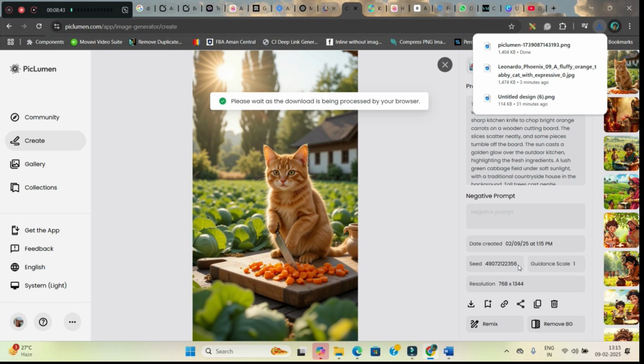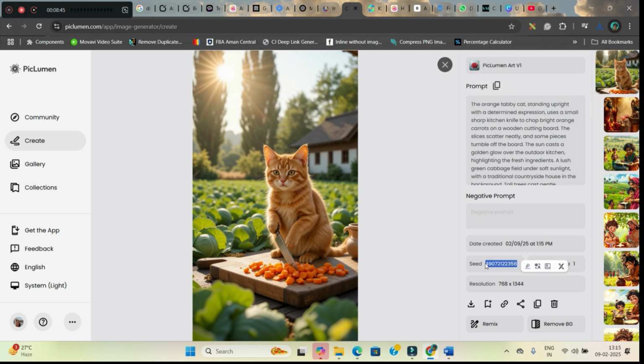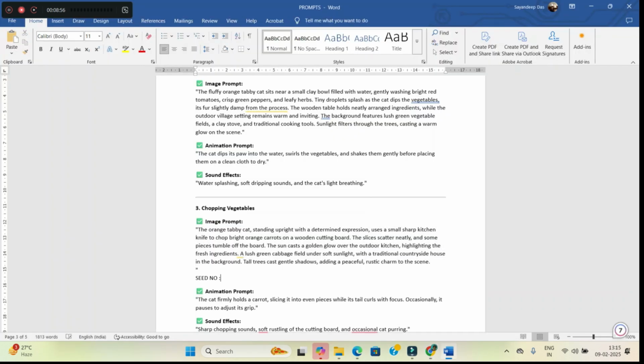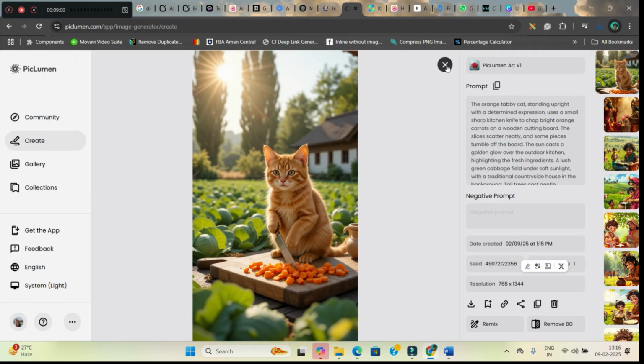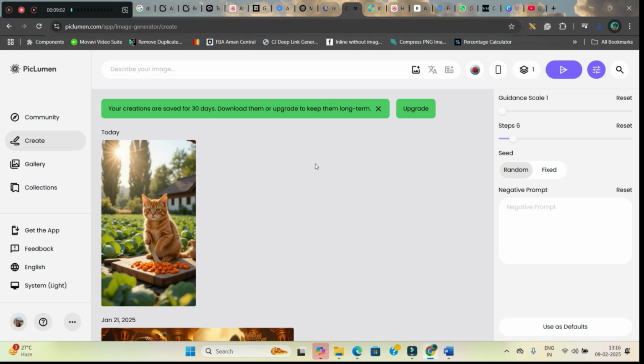Okay, now the first thing you should be doing is copy the seed number and keep it here, because if you give the seed number, then the image will look like this. Now suppose I want to create the second image.